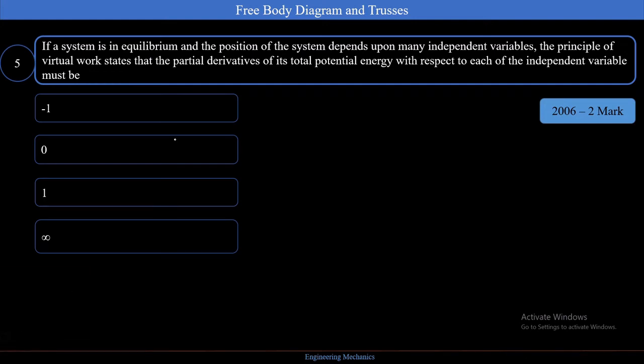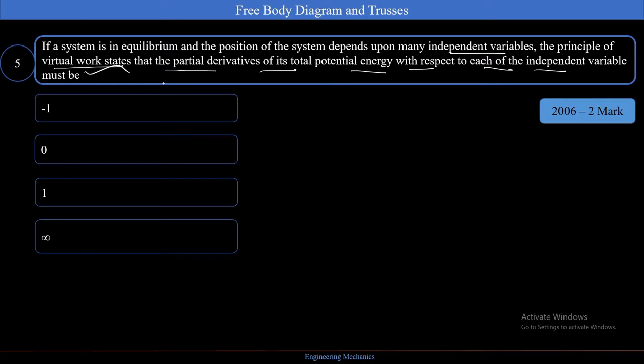Okay, let's see how to solve this question. If a system is in equilibrium and the position of the system depends upon many independent variables, the principle of virtual work states that the partial derivative of its total potential energy with respect to each of the independent variables may be,